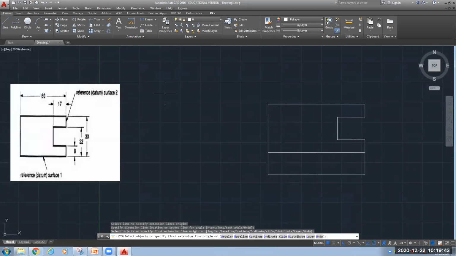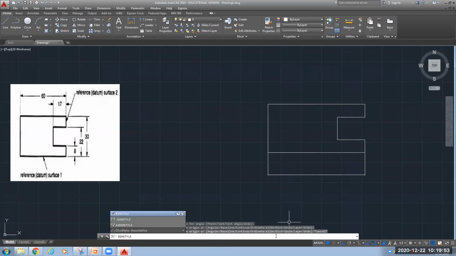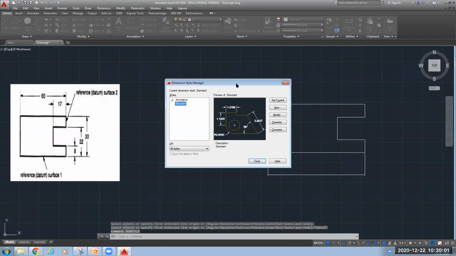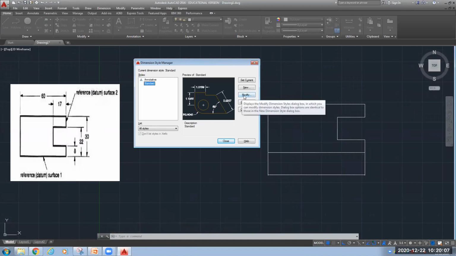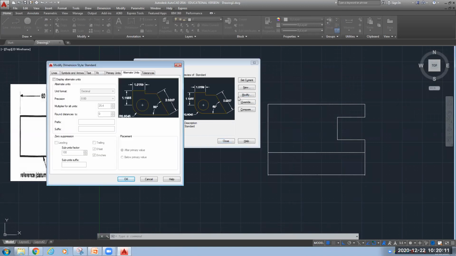So you need to go for the command dimension style. The command is DIMSTYLE. You can type DIMSTYLE in your command line and press enter. A window will appear like this, where you need to go to the Modify option and click on this Modify.